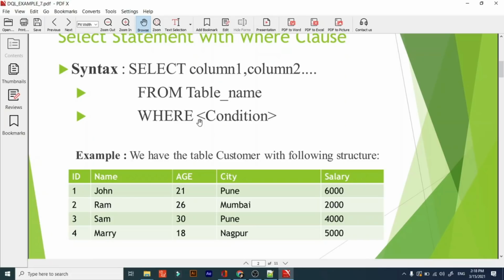We have the table customer with the following structure: ID, name, age, city, salary. And it contains 4 records. The first record is John 1 Pune 6000, and the second record is Ram 26 Mumbai 2000.